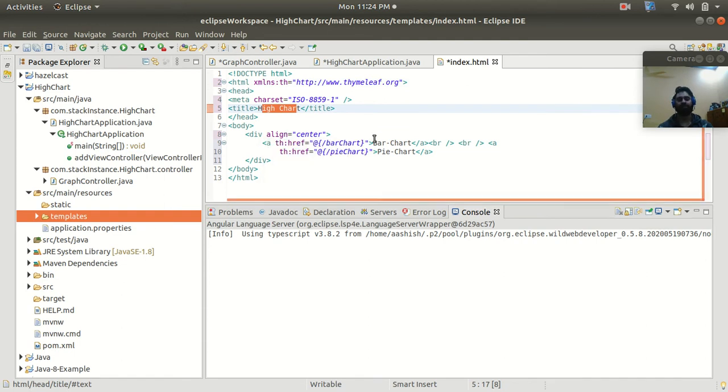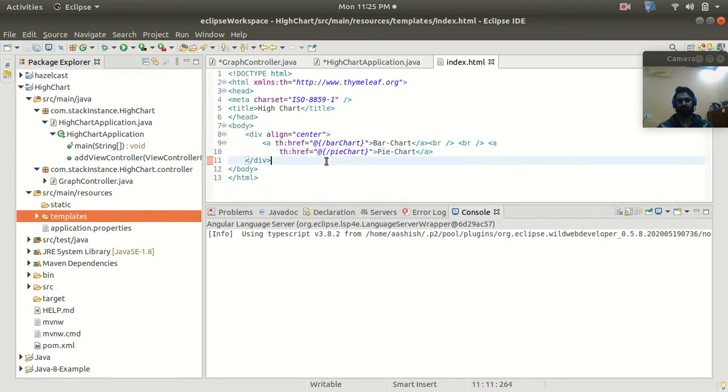Then I'm using two titles, the bar chart and the pie chart, and here I have assigned the href. It means that as I click the bar chart, it will redirect to the URL /barchart, and if I click the pie chart, it is going to redirect to the URL /piechart, right? So this is my index.html.